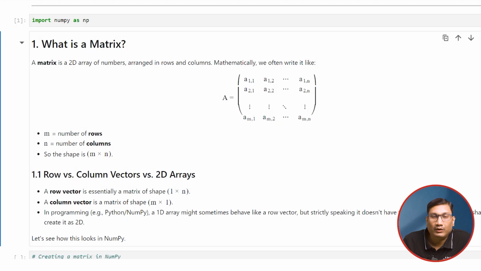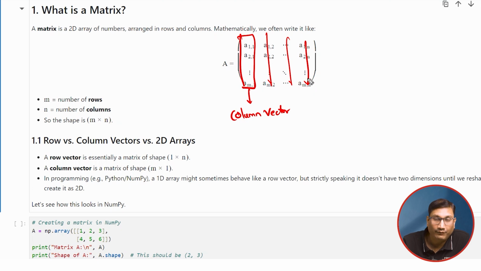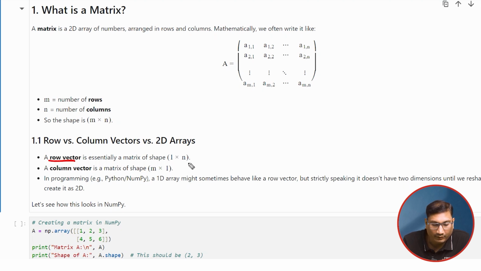Now let's have a look into the concept of row vectors and column vectors. So as you see in this matrix, each column will be referred as a column vector. Okay, so you have n number of column vectors. So each column, here if you see the definition, all the data points are exactly in one column. In the case of a row vector, all the data points are exactly in one row. So essentially these are all row